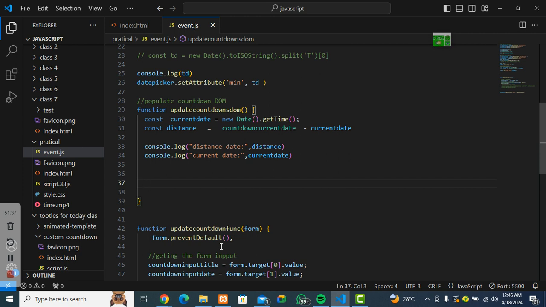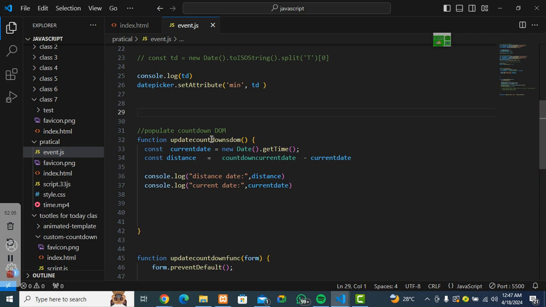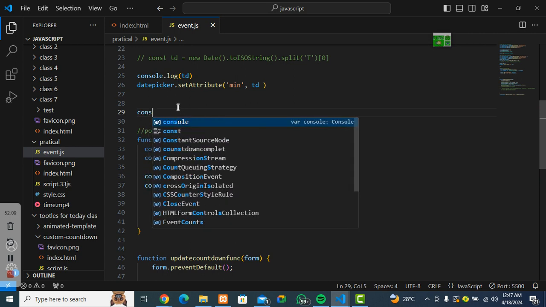So what we are going to do is, if you look at this, I'm going to first of all come down outside here, not in this function, outside here. Then I'll say const